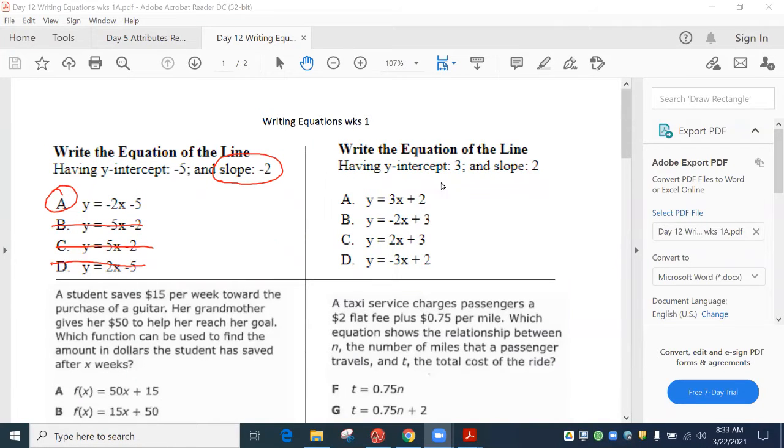All right. So here, let's take a look at the second one. And stinking, I don't have numbers on these, do I? So this second one, once again, it's got y-intercept and slope. Focus in on the slope first. So slope is 2, so the number in front of x has to be a positive 2. And I'm hoping y'all have already found the answer. Y'all got it? What'd you get? C, very good. So the only one that has that slope,